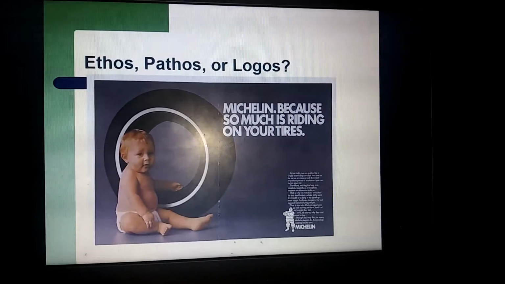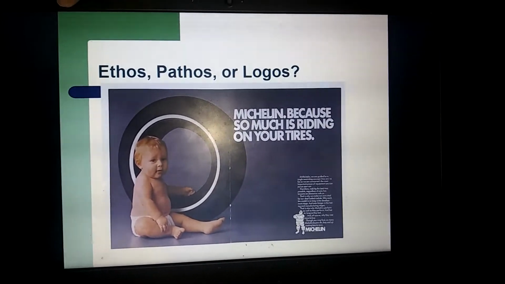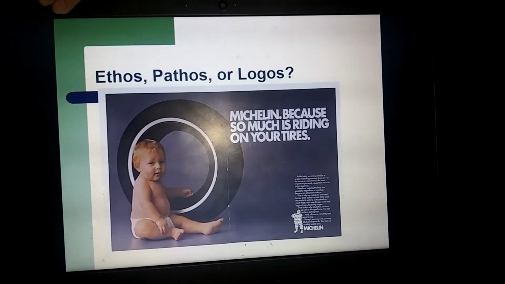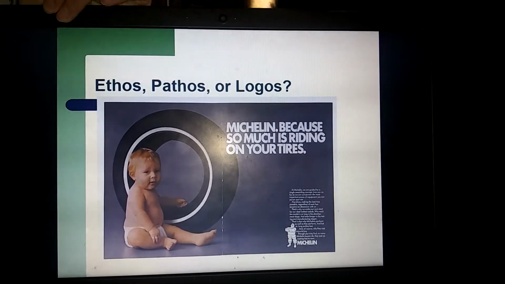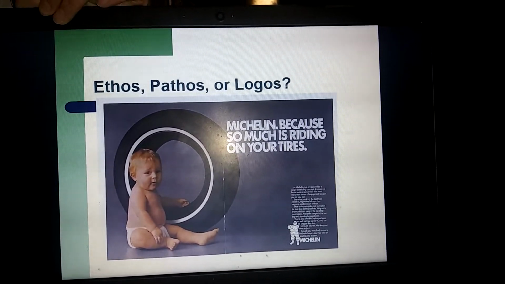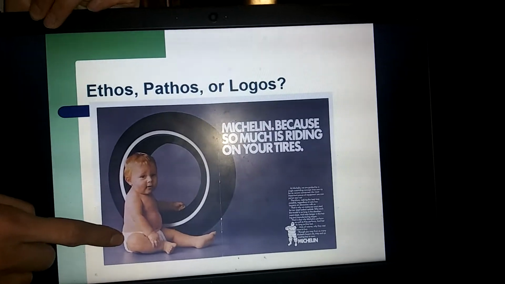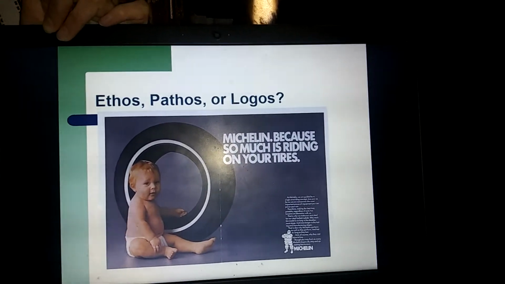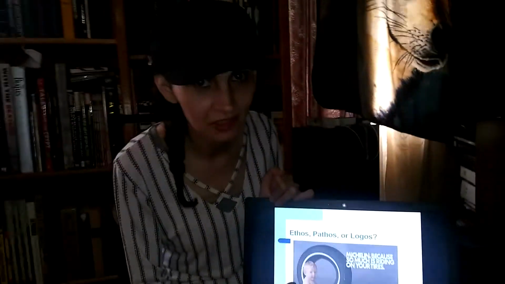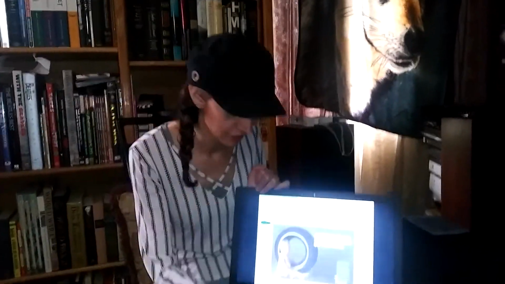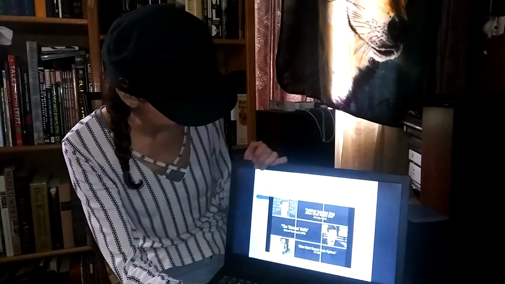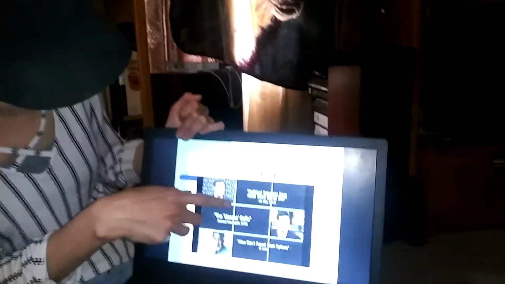Okay, so as we go back to this, basically, this has to do with pathos because it involves guilt, okay? It is essentially saying that if you don't have the right tires, you're going to kill your child, okay? It sounds kind of harsh, but that's what it essentially wants you to feel. You don't buy this, then you're a bad parent, okay? All right. Next one, okay.